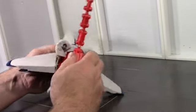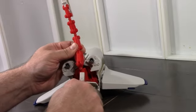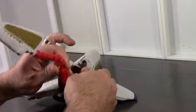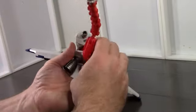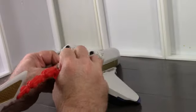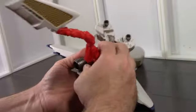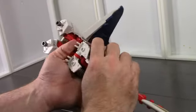Now, there is a flap right here. Lift that up. Well, leave it shut for now. Pull your tail through here, and it will all go. It'll go. You just got to get it in the right position here. Oh, yeah, it's like that. Okay. Then,